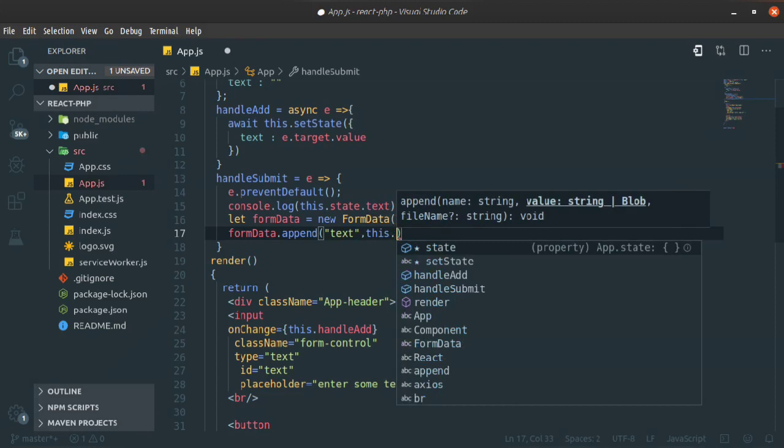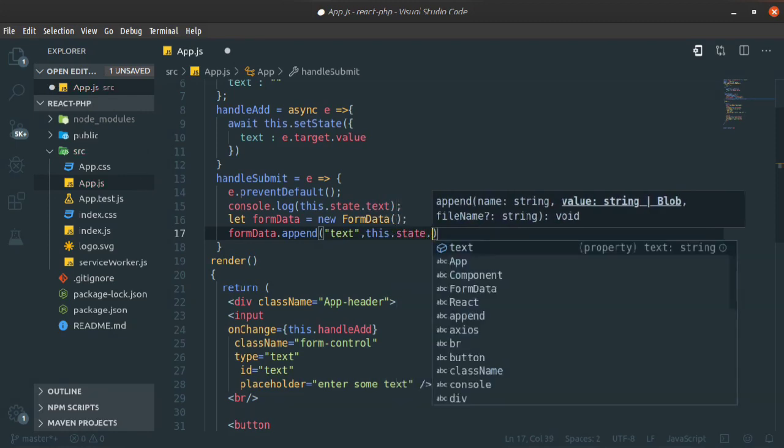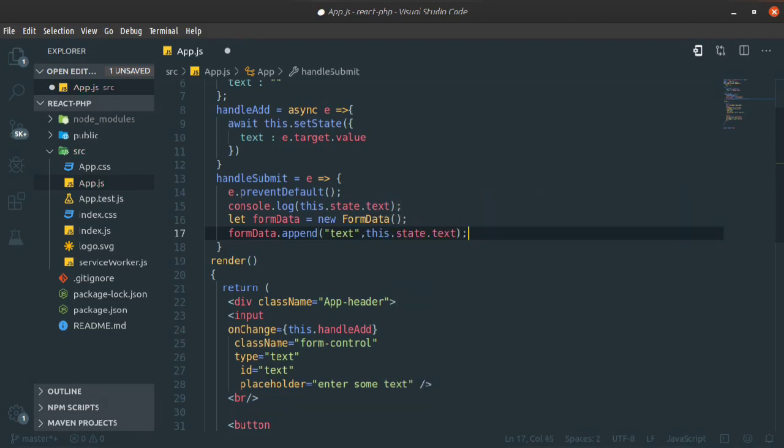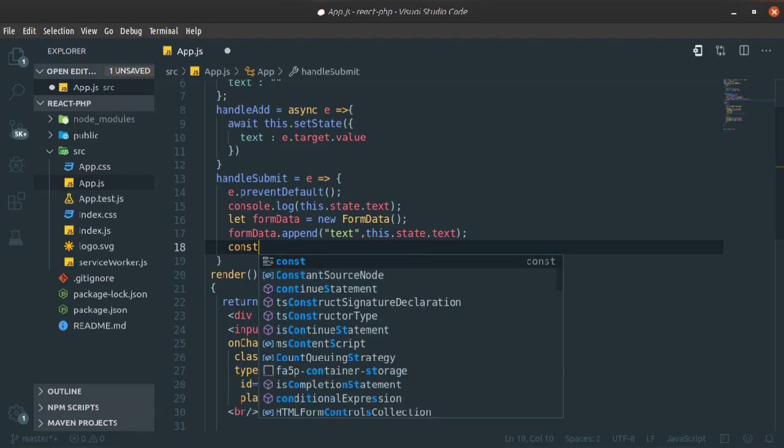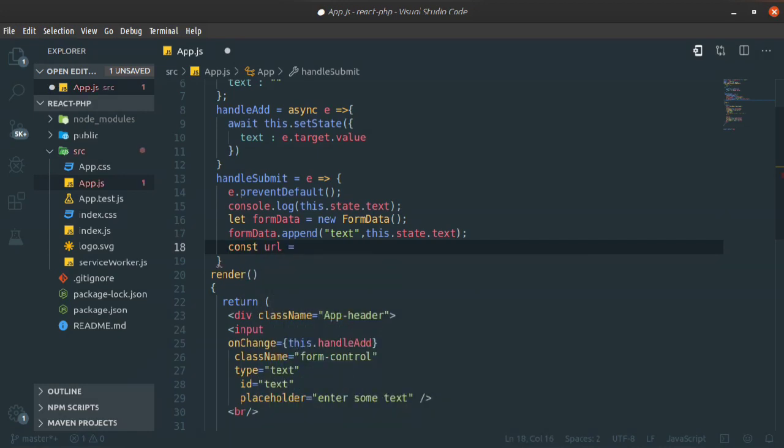And remember, whenever you fetch from the post request, you have to use text there. So the two arguments will be text as the name and then the value, that is this.state.text, and then you have to provide the URL, write const URL and